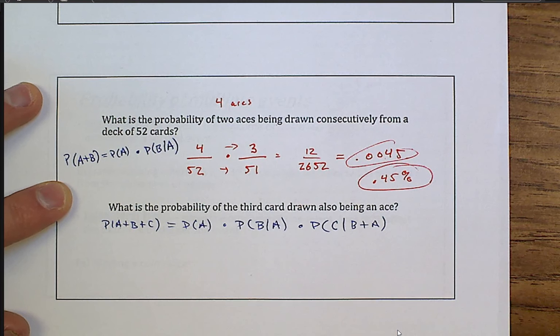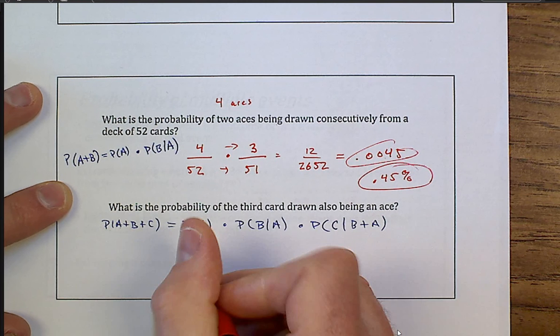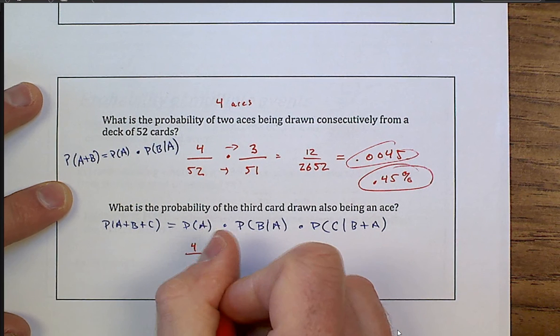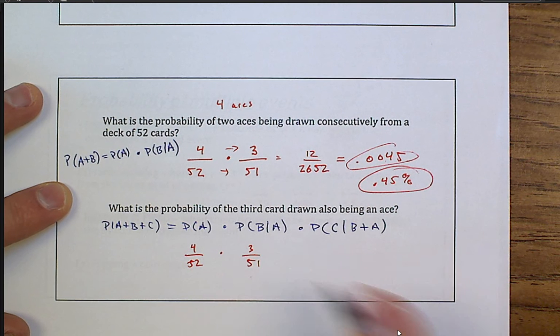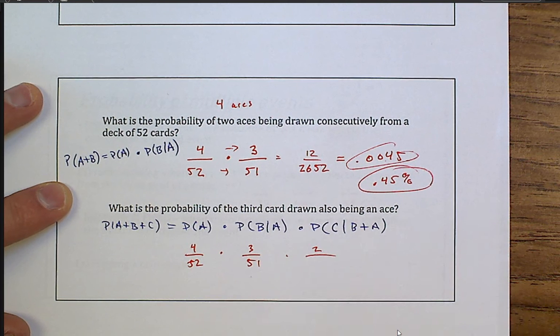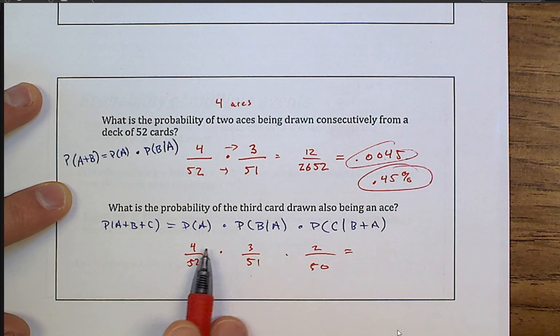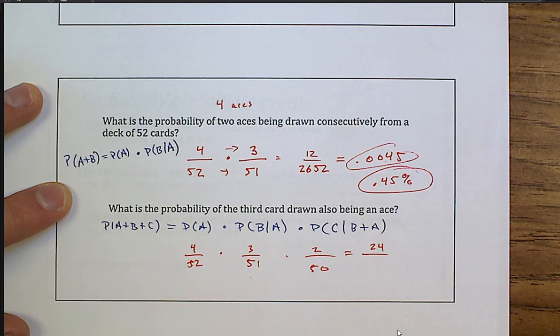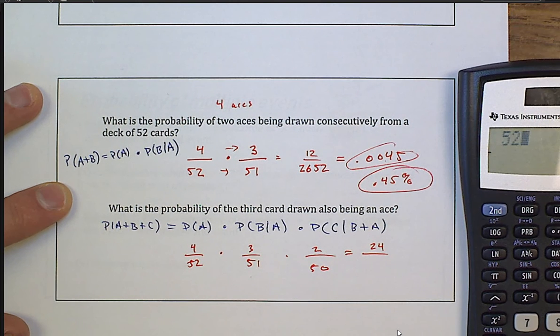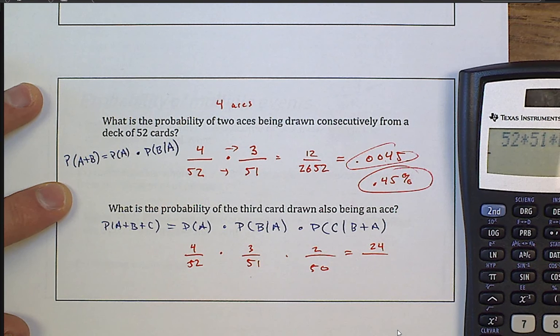If you want to think substitution, it would look something like this. You would substitute the 4 out of 52 because that's the first event. The second event would be 3 out of 51, and there'd be 2 aces left to pull out of 50. And we would multiply those together. So 4 times 3 is 12. That would be 24 over, it's going to be a big number here, 52 times 51 times 50. And we get